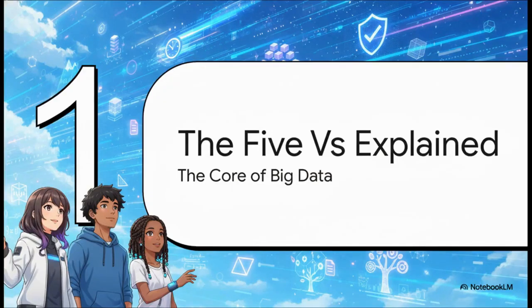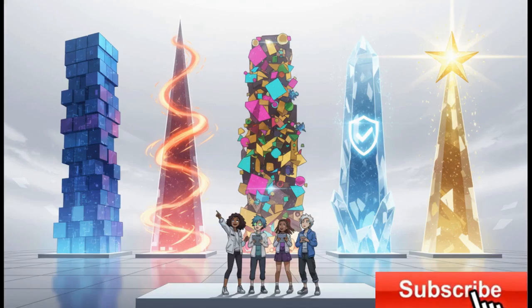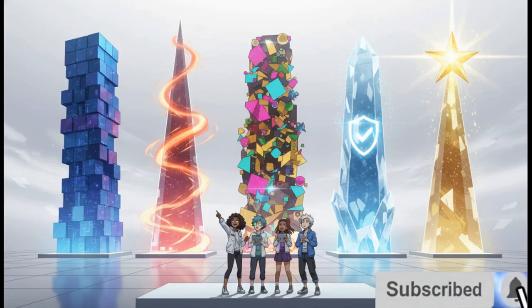Okay, now for your exams, this is the most crucial part. If anyone asks you, what is big data, the best way to explain it is by using the 5 V's. This is a very, very important concept, so please pay close attention. As you can see here, these are the 5 pillars of big data. Please do one thing. Just try to remember these 5 names first. Volume, velocity, variety, veracity, and value. Got it? Okay, great. Let's break them down one by one.